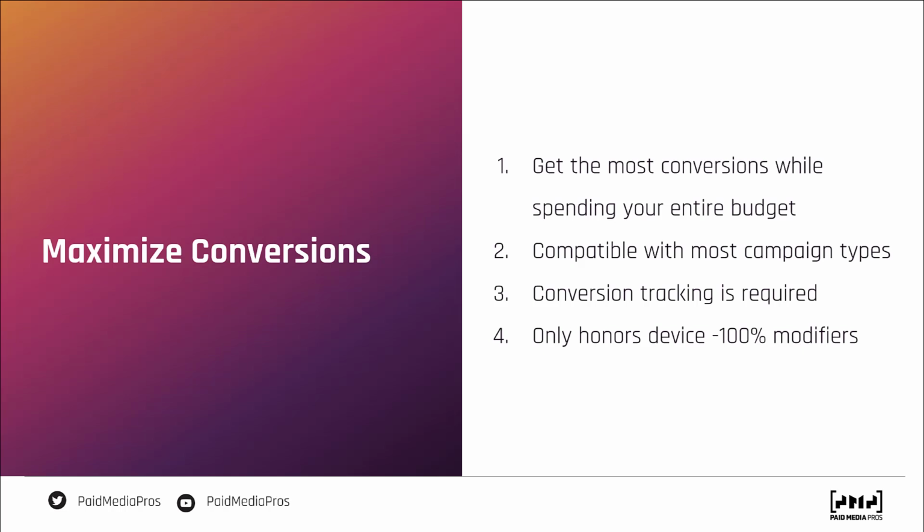The only bid modifier that is honored is if you put a negative 100% modifier on a device, meaning you don't want to bid on tablets or mobile devices, something like that. Otherwise, Google takes the reins. No matter what you have in the account as a bid modifier or anything else, it'll be ignored. You also do not have the option to add in any sort of target performance on the Maximize Conversions bid